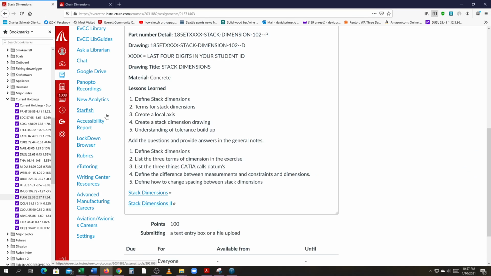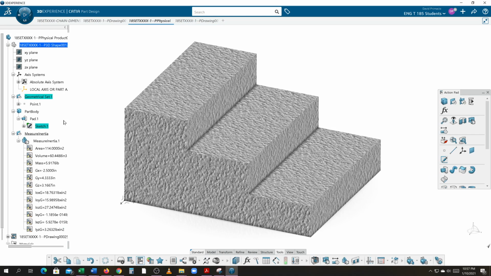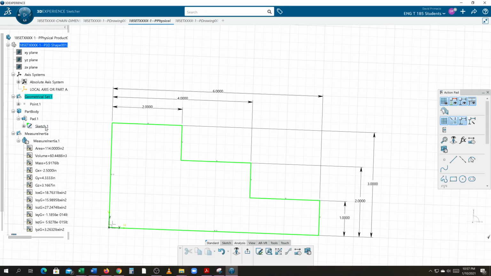So the answer to the second question lists the three terms of dimensions in this exercise: stack, datum, or feature base dimensioning. Those are the three terms. Now, when you go to CATIA and we constrain this,